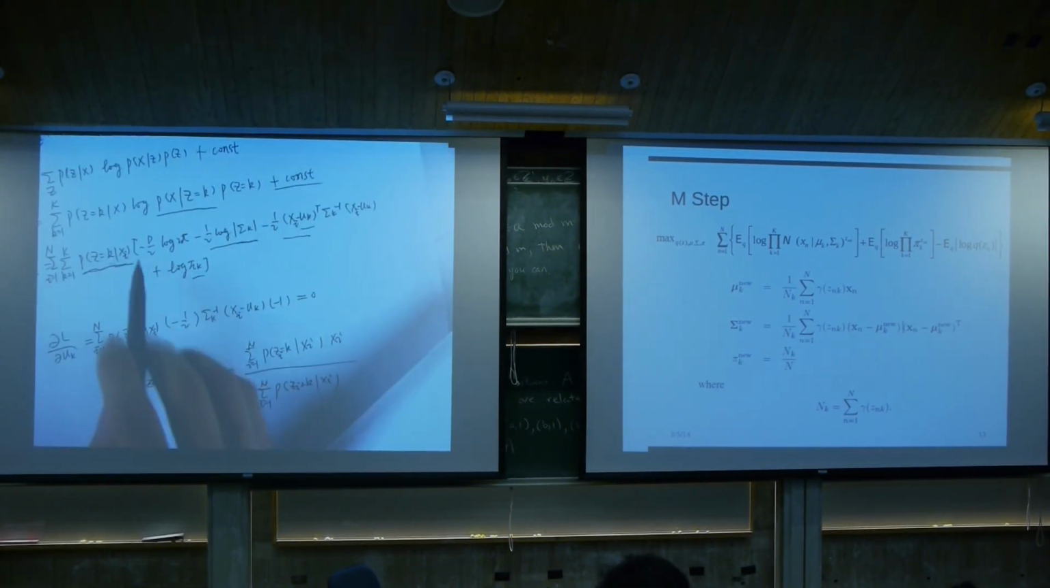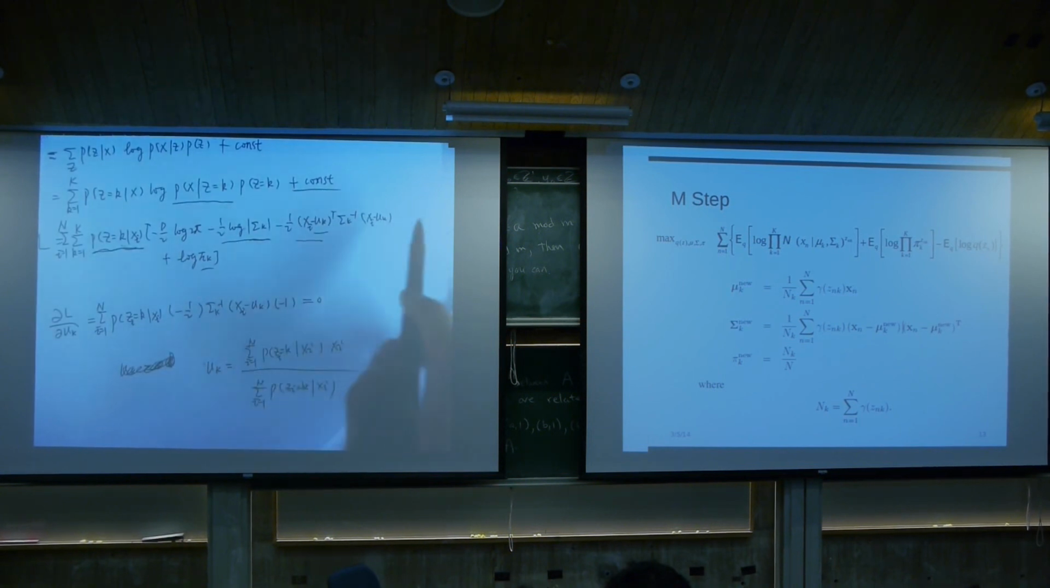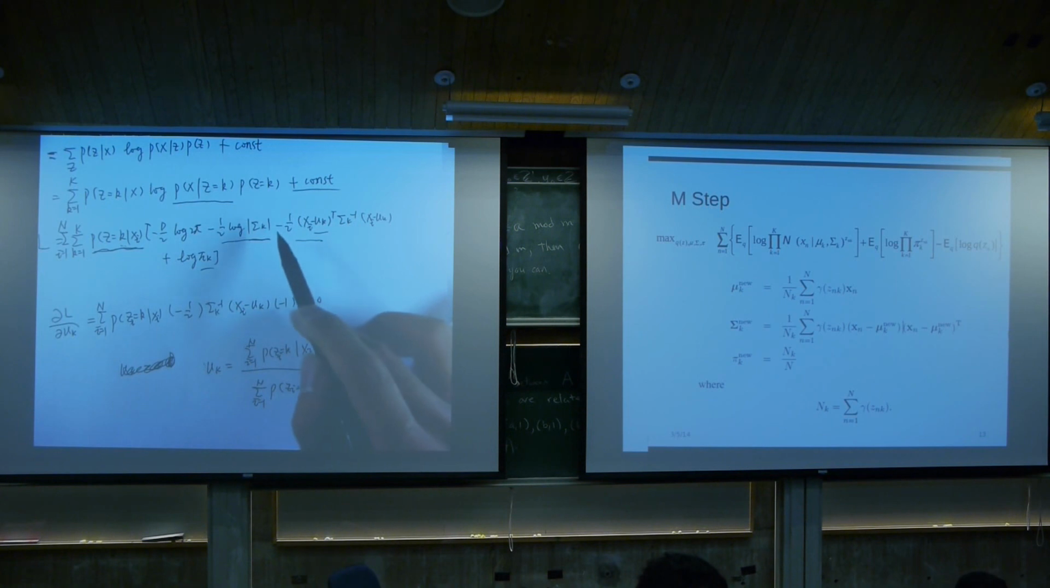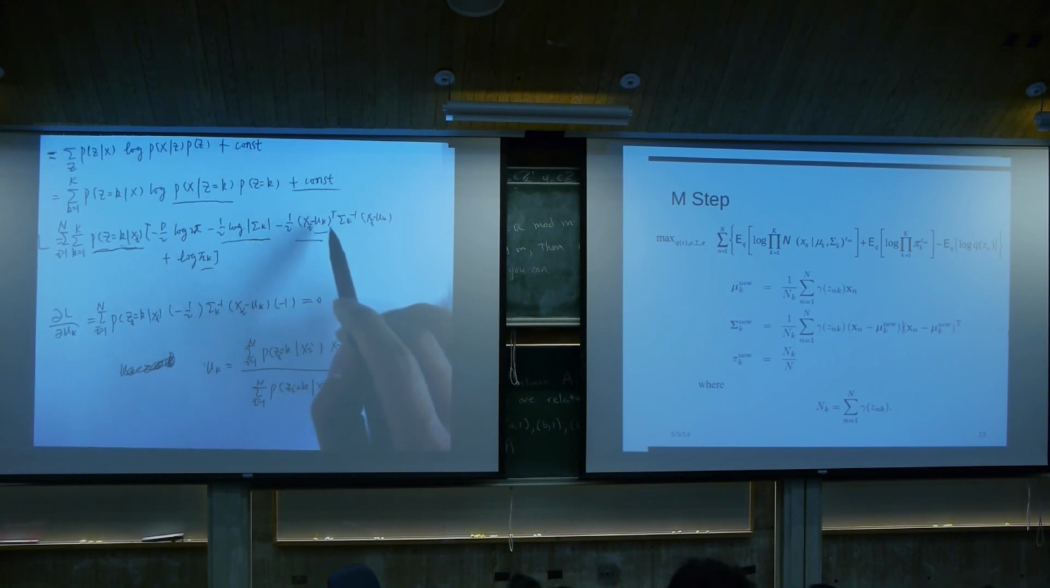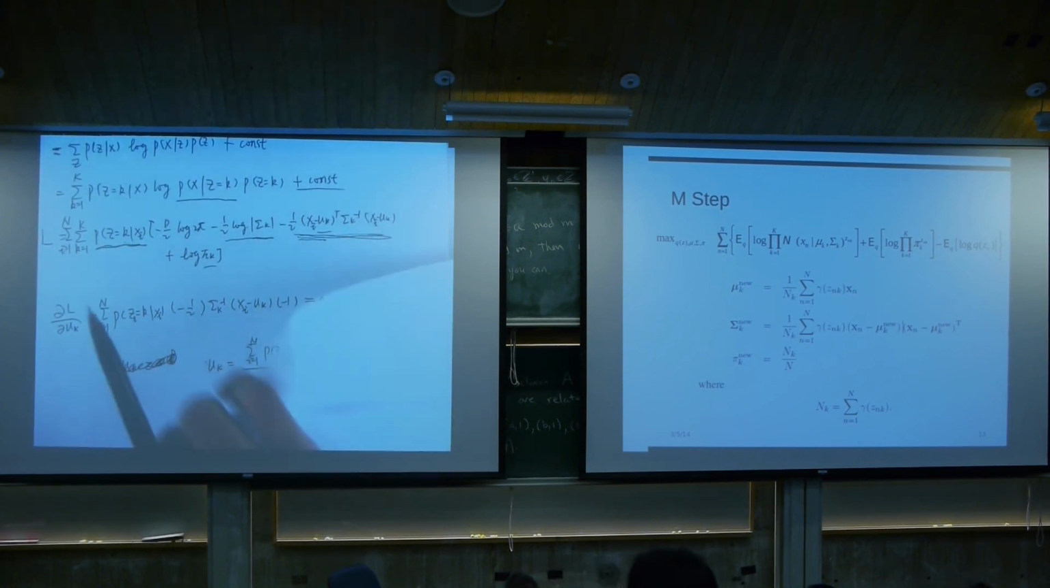Look at this lower bound. The terms involving sigma k are log determinant of sigma k, and here you have a sigma k inverse. So if you take the derivative with respect to sigma k, actually I don't know how to do the derivative with respect to sigma k of this term. So what we can do is